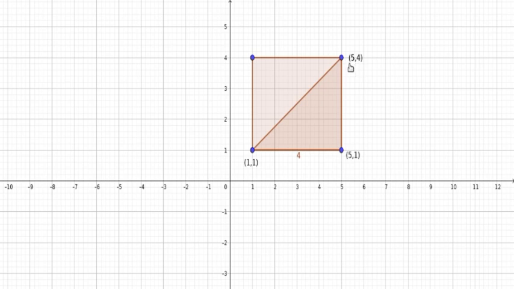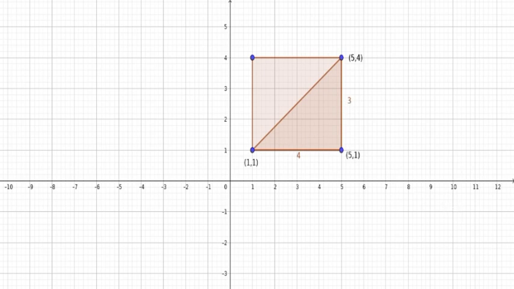Okay, here the points are (5, 1) and (5, 4). Now we are going to find out the breadth of the rectangle. These are the coordinates of these 2 points. Then the distance between these 2 points: see here the x coordinates are the same. So the difference in their y coordinates is the distance between the points, and their distance is 4 minus 1, that is equal to 3.